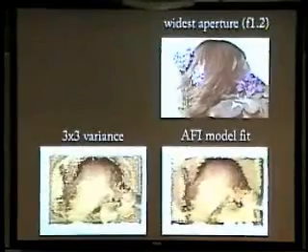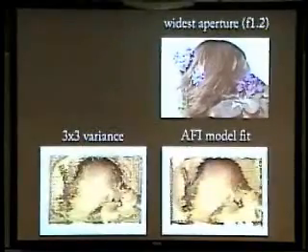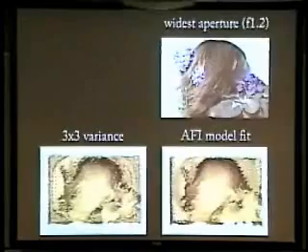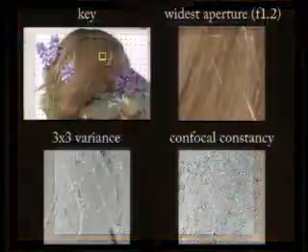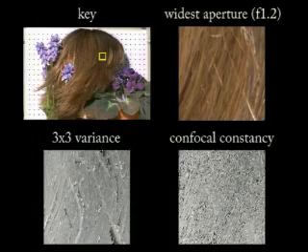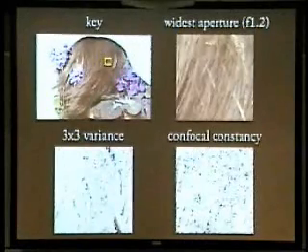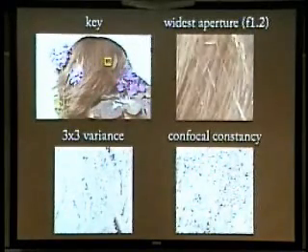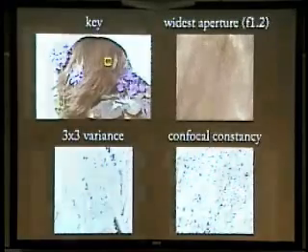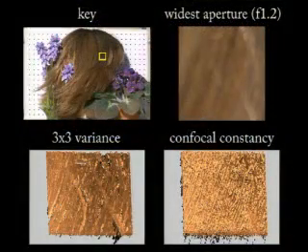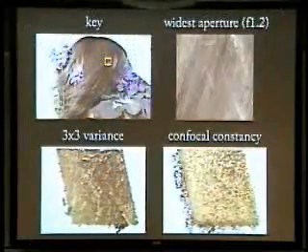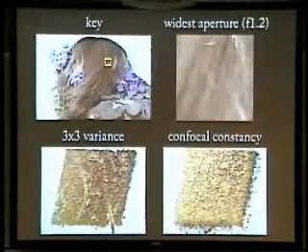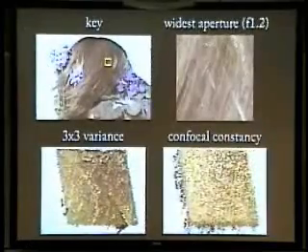Now, at a coarse level, you can see that both of the methods are accurately reconstructing the overall shape. However, for the background pixels, which are outside of our workspace and are untextured, the estimation is really unreliable. Now we show this zoomed-in region of the scene, and you can see the direct application of Confocal Constancy to the columns of the AFI is not particularly useful. For other scenes, for example the ground truth data set that we describe later, Confocal Constancy actually performed relatively well. The issue is that in the Confocal Constancy case, most of the pixels have multiple modes, so a greedy pixel level method like the one we're showing is totally insufficient.